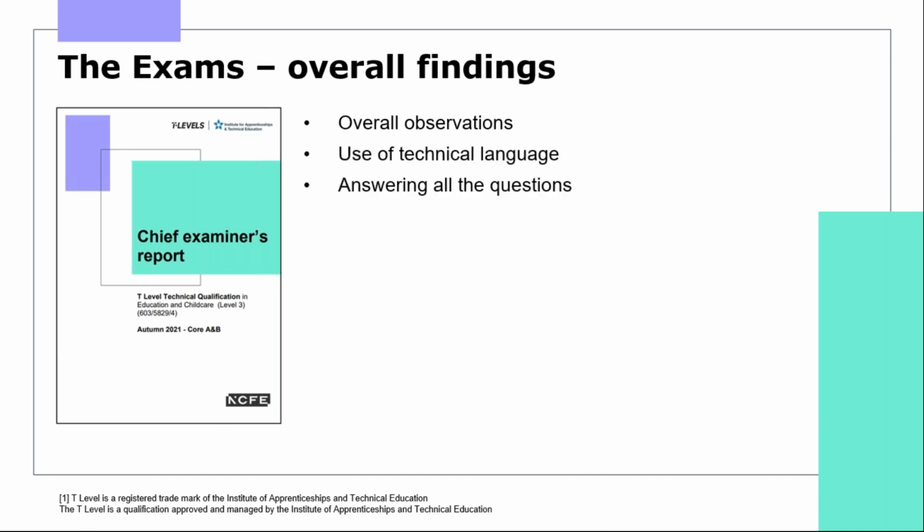Most students attempted all the questions, but some failed to attempt all of them. This applied to both the short answer questions and the extended answer questions, but not so much for the multiple choice ones. It would therefore be recommended to encourage your students to attempt all the exam questions, even in the form of notes or bullet points if they have time concerns. A few students crossed out work which was accurate, so it would be advisable to remind students that where work is crossed out, it may not be marked.